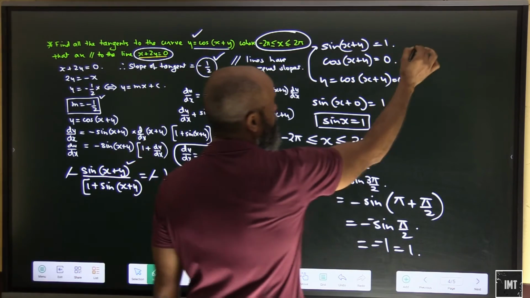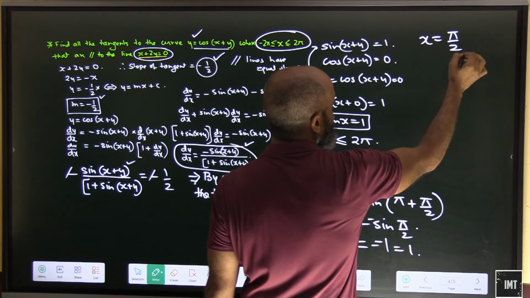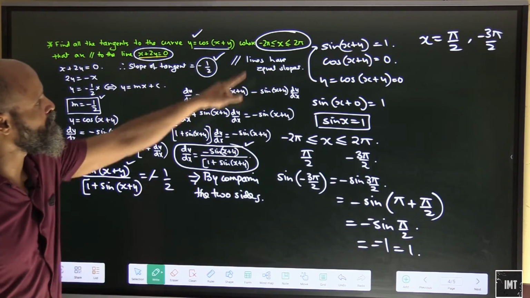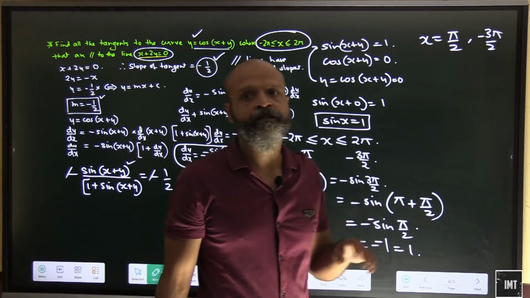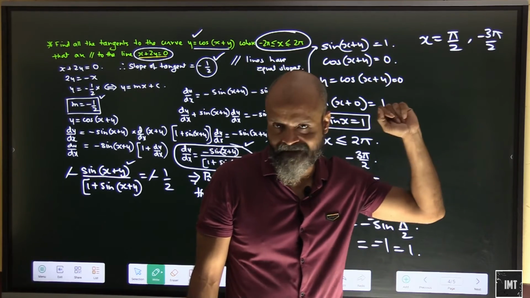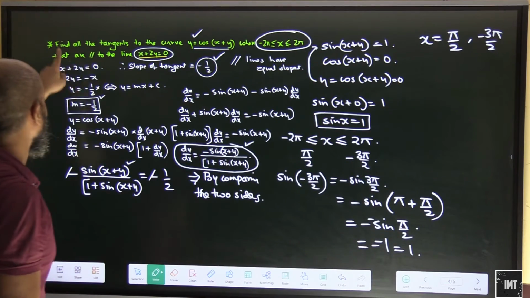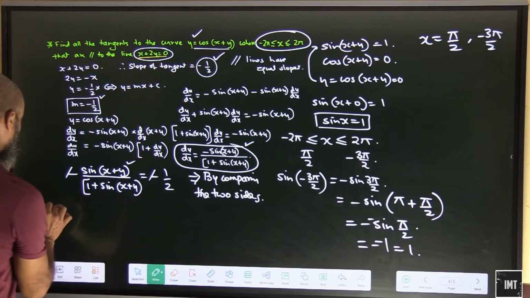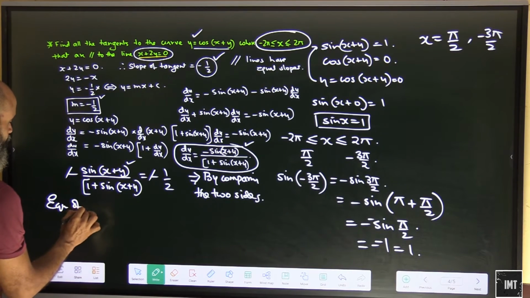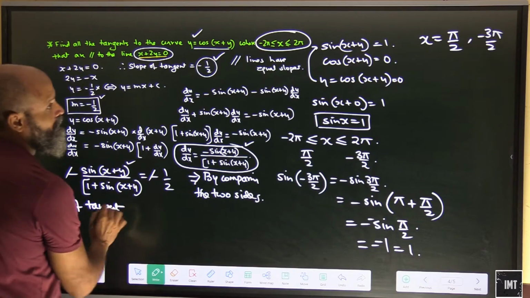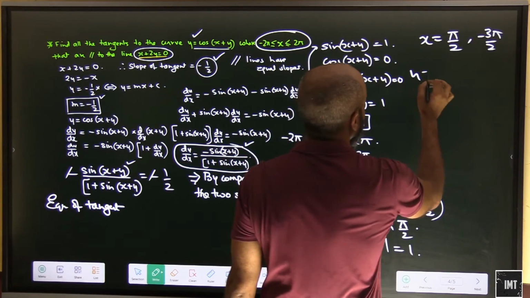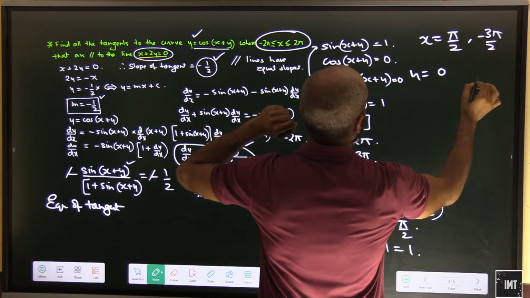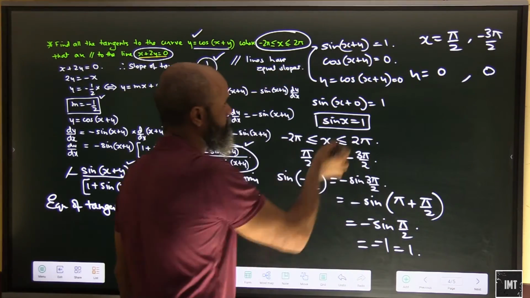So we have two values here. For x we have two values, that is pi by 2 and minus 3 pi by 2. Remember, we are taking these two values because the limit has been given as such and the function has been defined as such. Okay, now find all the tangents to the curve. So we have to find basically the equation of the tangent. Now obviously for x equal to pi by 2, what will be the value of y? y is basically 0 in both the cases. We have found out the value of y as 0.